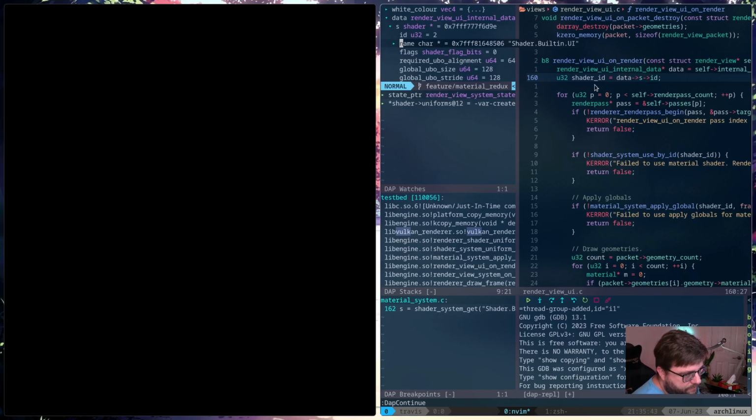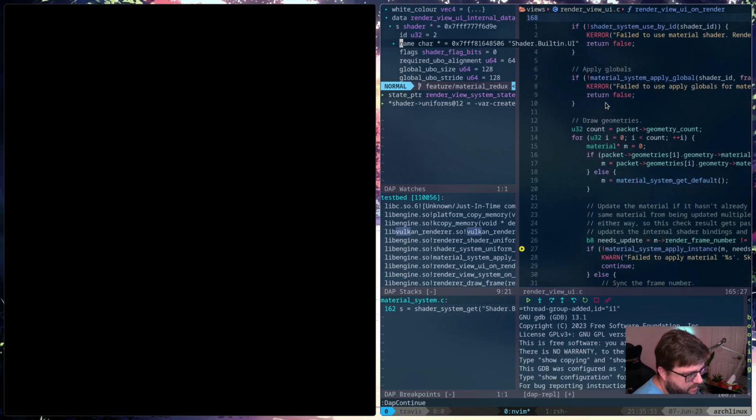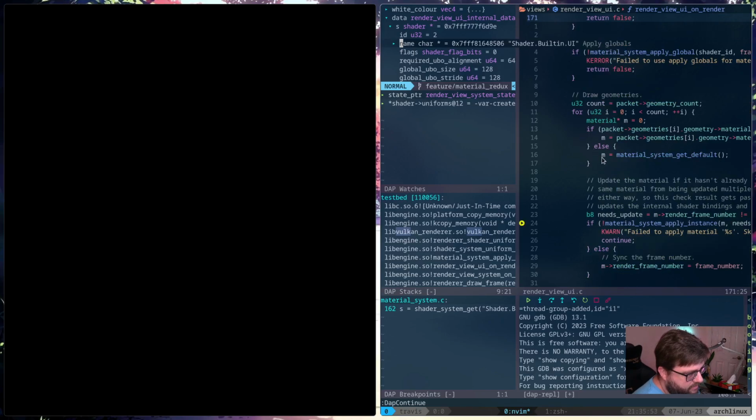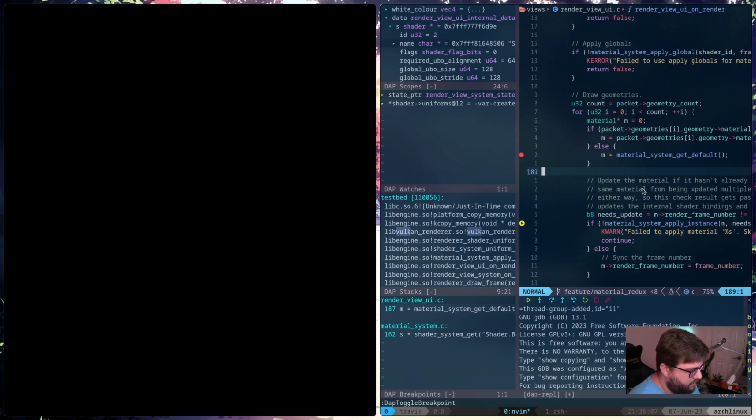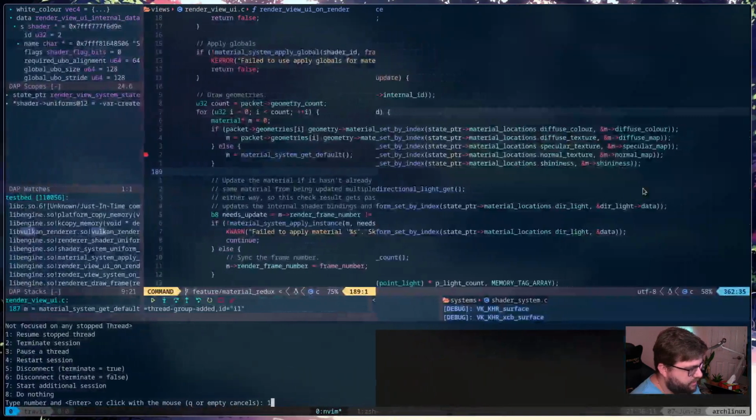So we're getting our built-in shader, and then we're trying to bind a material that should actually be using the material shader to try and use that. So I suspect it's actually hitting this line of code here. And what I can do is actually F9 that guy, and I'm going to have to relaunch this because that's a crash.